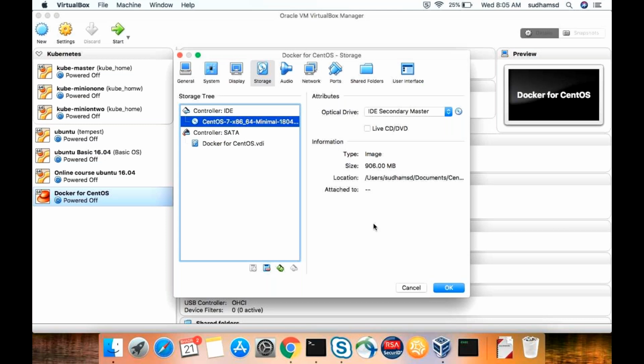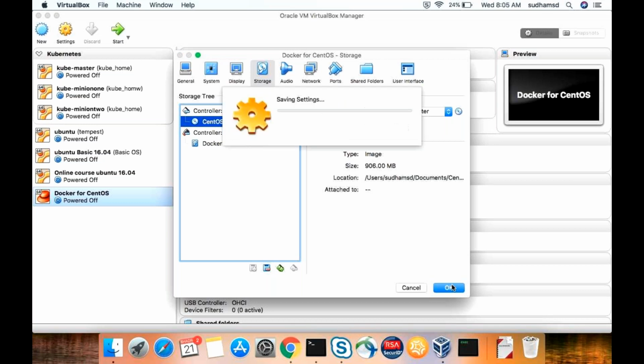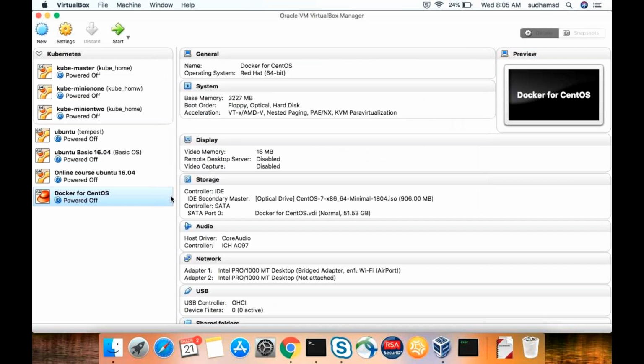If you give host-only, you don't get an internet connection, and you can access only within the host. If someone from a mobile tries to ping my virtual machine, it is not reachable. If I use bridge, the IP allocated to the VM is from the router, so a person who is connected to the router can ping my virtual machine. You understood the difference? Yeah.